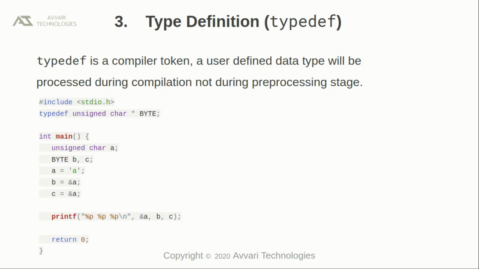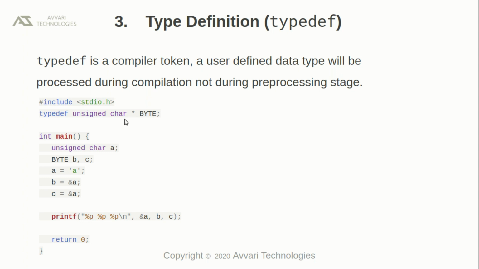Type definition. Typedef is a compiler token where we can define user-defined data types, and typedefs are processed during compilation, not during the pre-processing stage. This is a simple program to demonstrate type definition. Here we defined a user-defined data type named byte, that is unsigned char